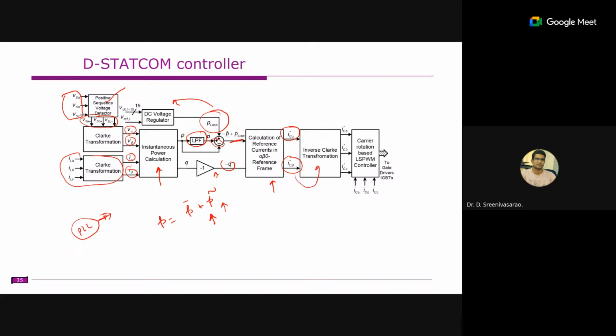By using the inverse current transformation, we can generate the currents in the ABC reference frame, and we can use any PWM technique like the sine PWM technique, or this will change depending on the inverter. So we can use any kind of PWM method. Okay. So here the basic control, as we discussed, remains the same.